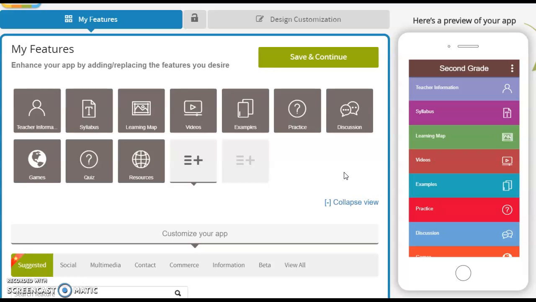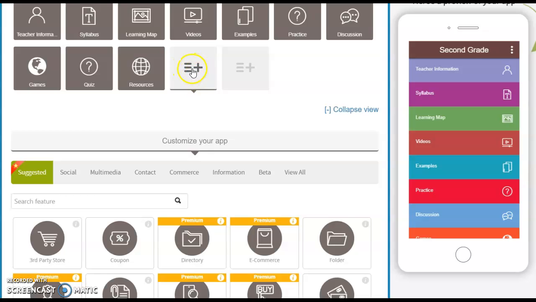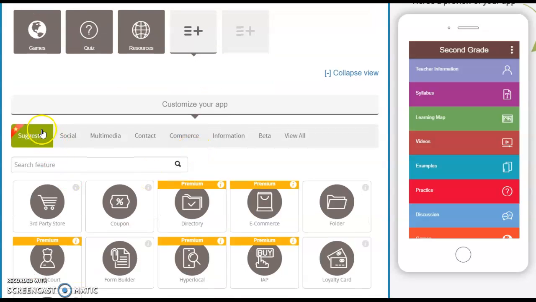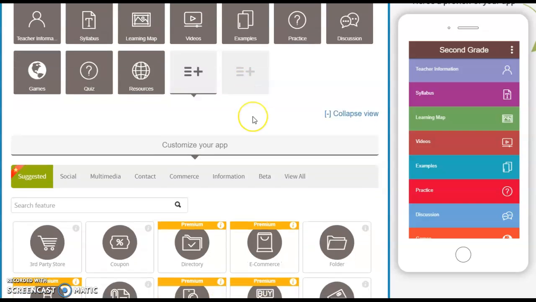Now, when creating this app, I learned that over on this section, the feature section, if you click this icon here, it allowed you to add more and more features. And if you go down a little bit, you'll see, if you click here, there are different categories for the different sections you can add. I'm going to go through and share with you what I have created and what I did already add to